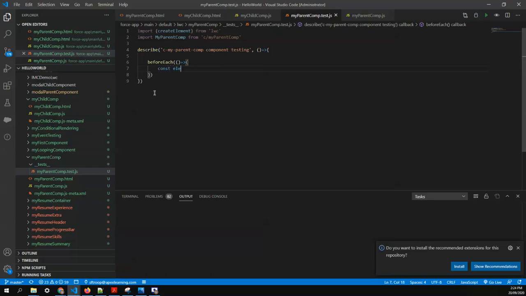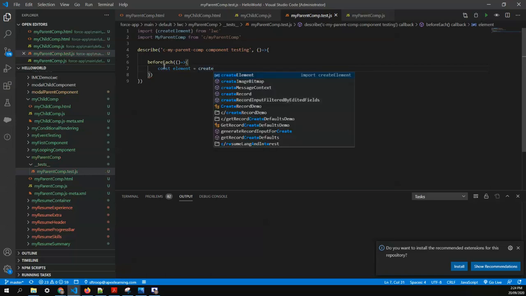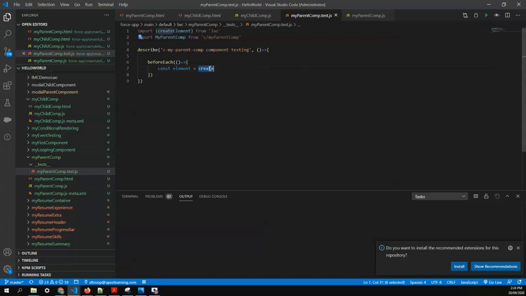We are creating an element first using createElement, and it takes the tag of your element, that is c-my-parent-com. This should be the same way you call the component in your LWC.